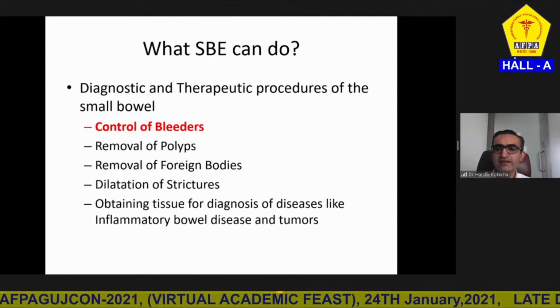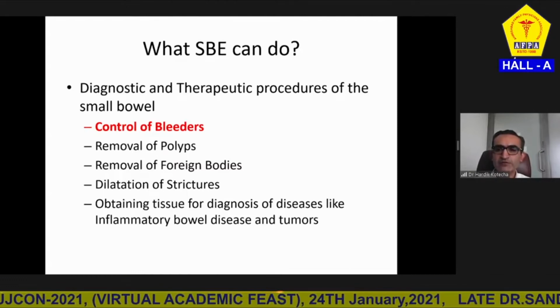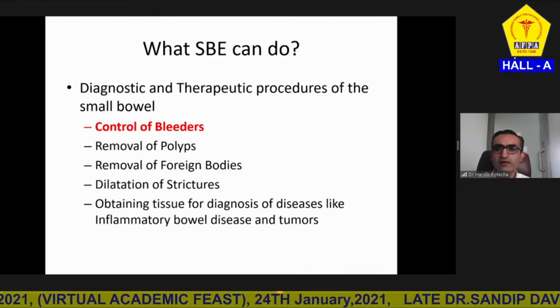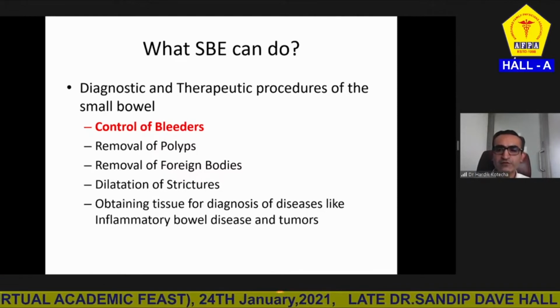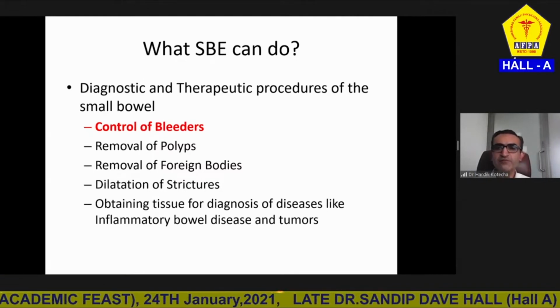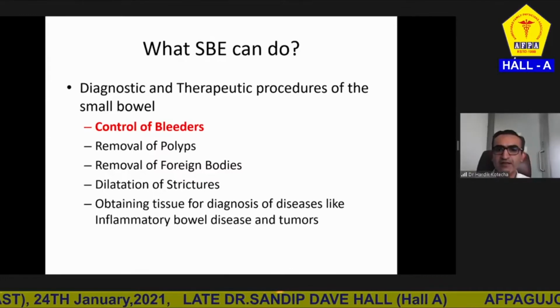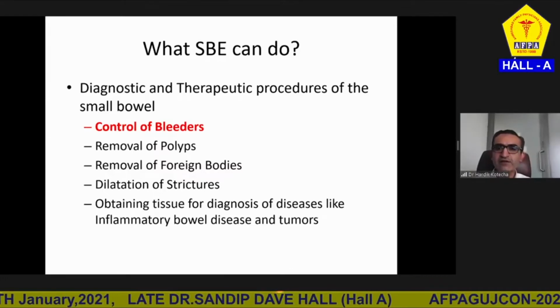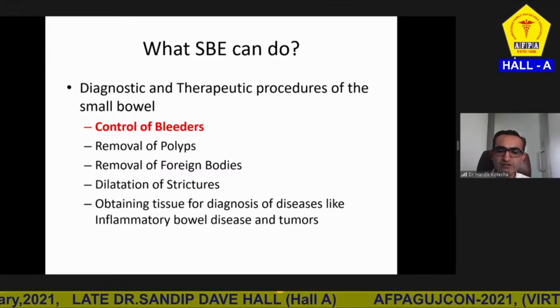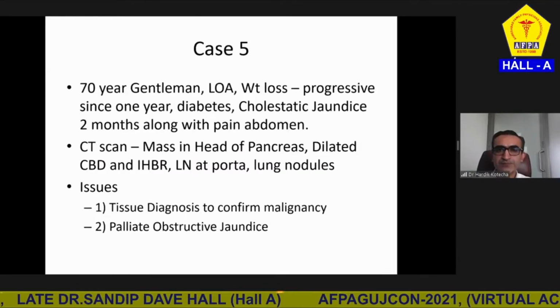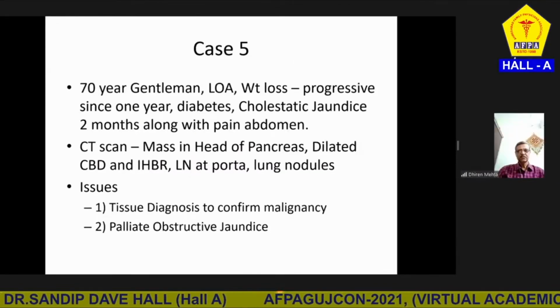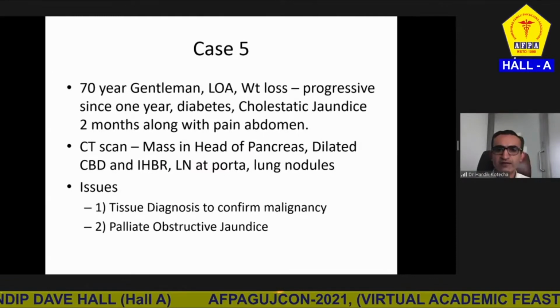So if there is an ulcerated area or bowel wall thickening, it can be because of tuberculosis, lymphoma, inflammatory bowel disease, eosinophilic enteritis. If we come to know what the disease is, we can treat the patient medically. All patients will not require surgery. So we can reach the lesion with the help of the enteroscope, take tissues and diagnose the disease. Another modality which I'm going to highlight is endoscopic ultrasound.